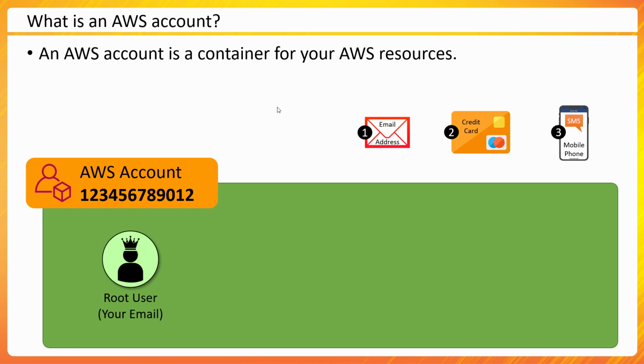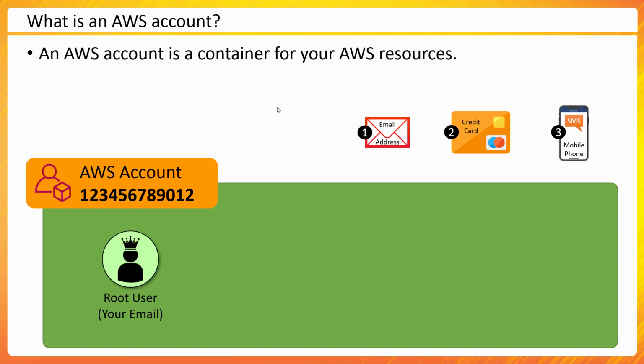Obviously, it then becomes very sensitive in terms of security that we safeguard this account. We'll talk more on that, on how to safeguard it. But as soon as you get an AWS account created for yourself, you would have root user privilege. Once you log in through the email address and the specified password, you would get access to everything in the AWS account.